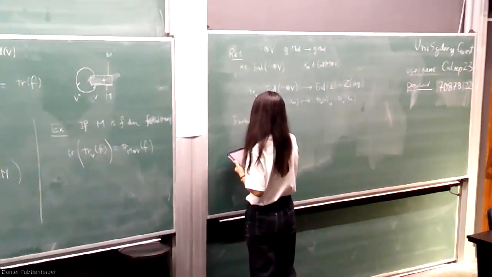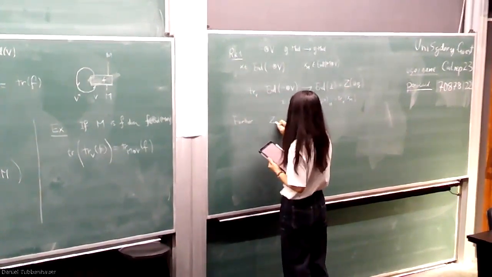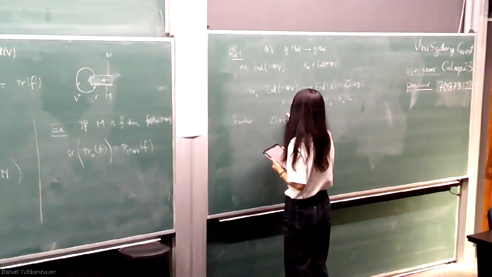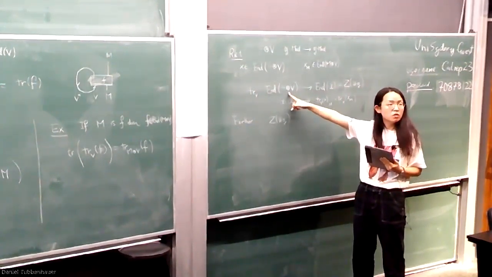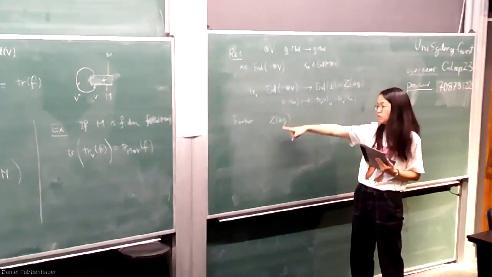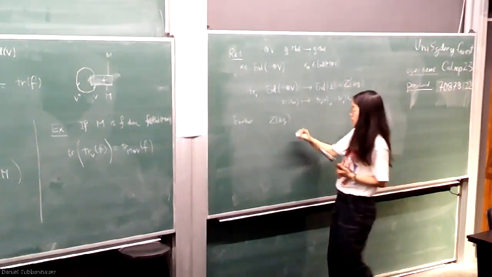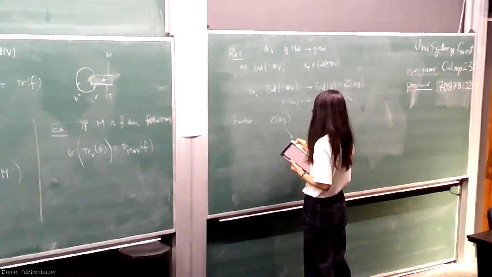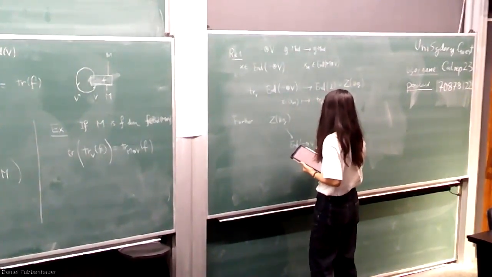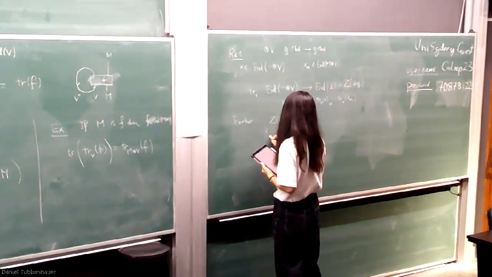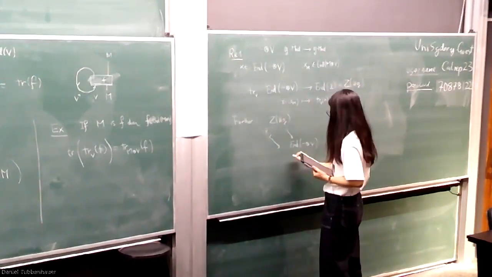For each central element of UG, it gives me a natural transformation. So I have a map from the center of UG to this, which is just sending Z to the natural transformation